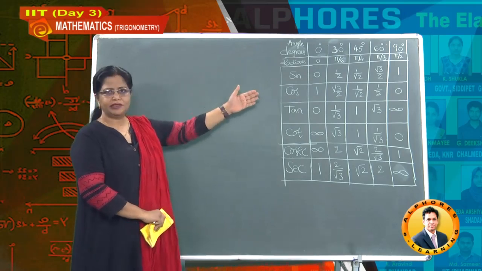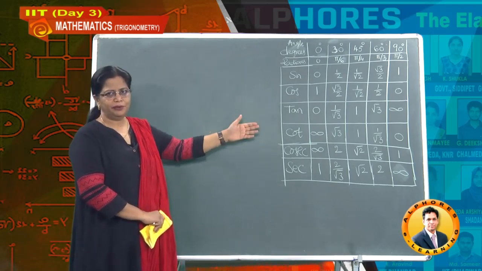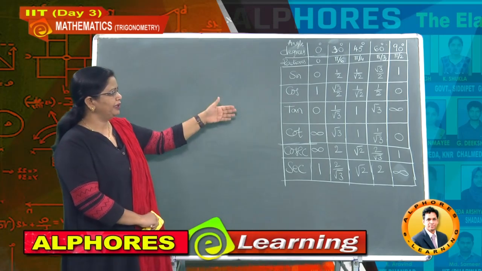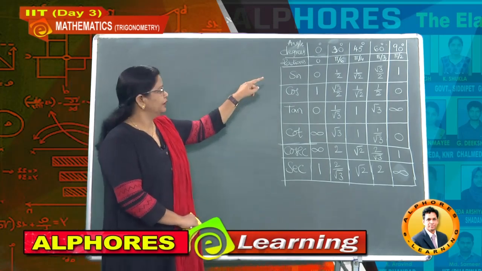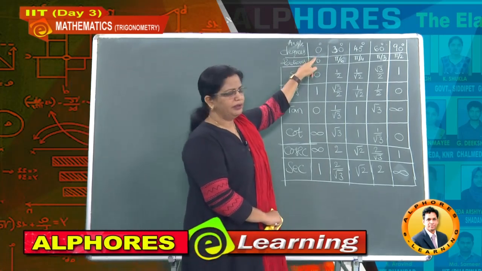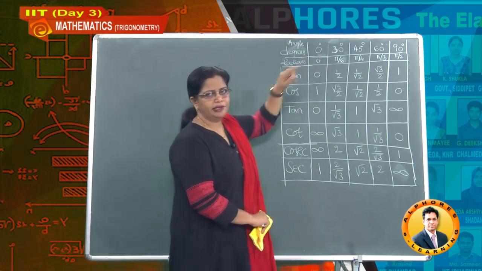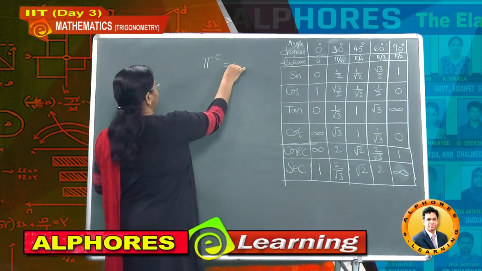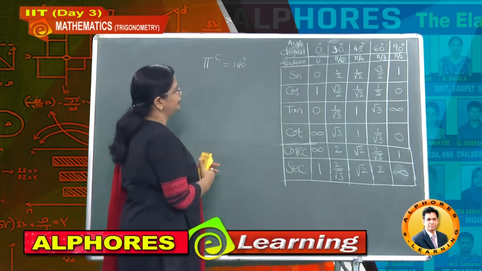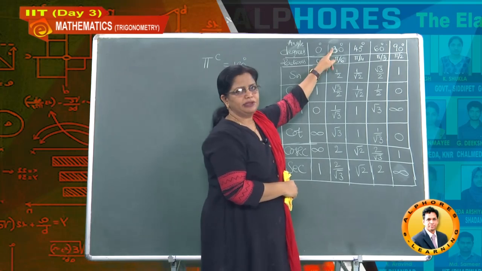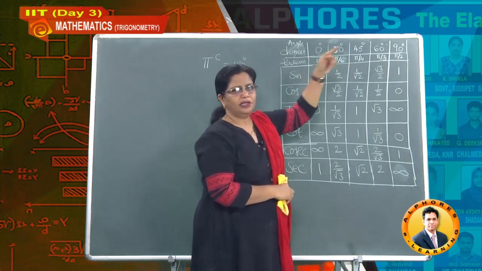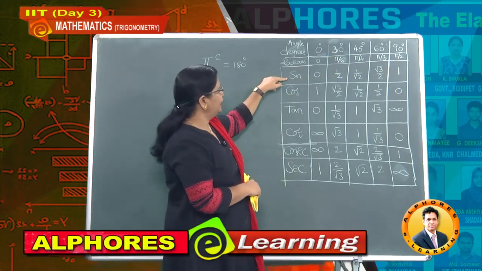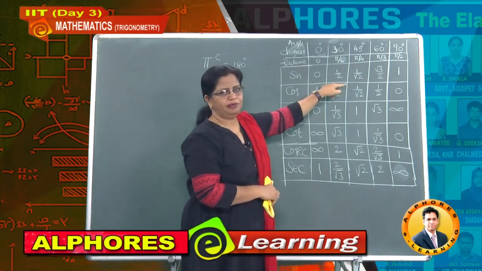Have a glance at this tabular form. Hope many of you know about this one, but at the same time let us have a look at it. These are degrees I wrote and these are in terms of radians, and we know pi radians is equal to 180 degrees, hence here pi divided by 6 means 30 degrees, etc. All other values can be written. And now here sine values 0, 1 by 2, etc.